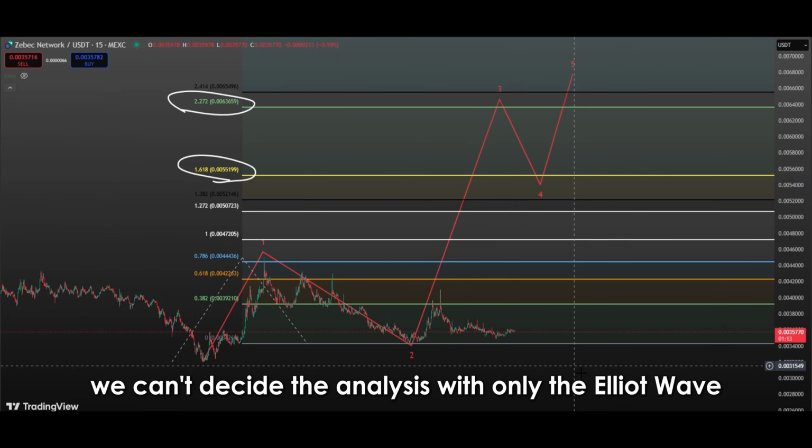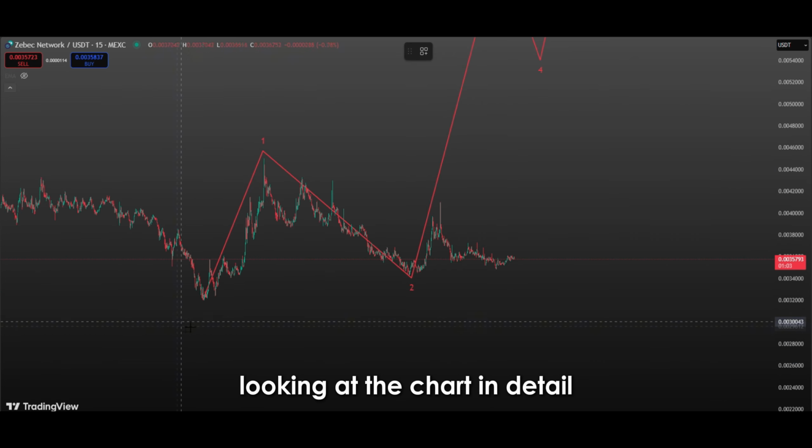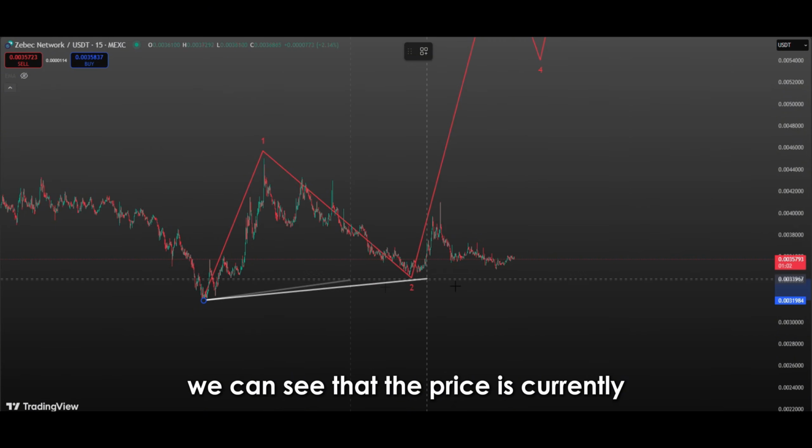But we can't decide the analysis with only the Elliott wave. Let's look at other metrics. Stay tuned. Looking at the chart in detail, we can see that the price is currently moving in a certain